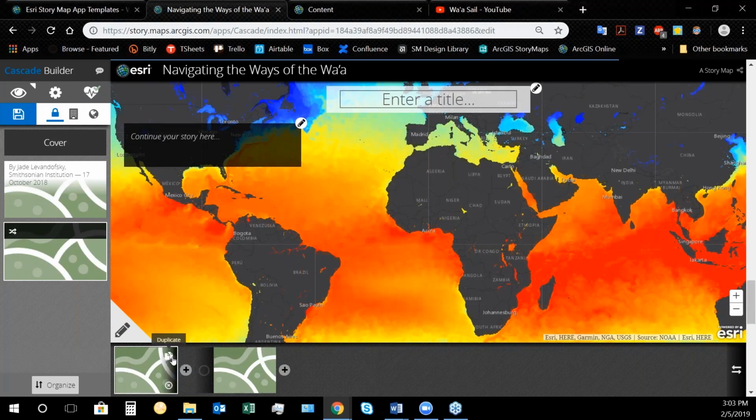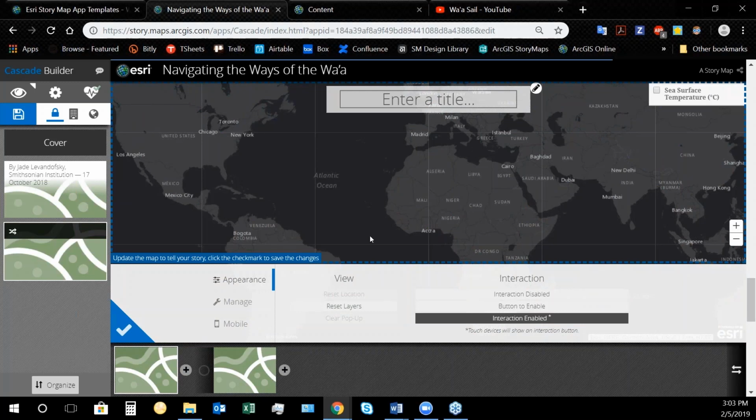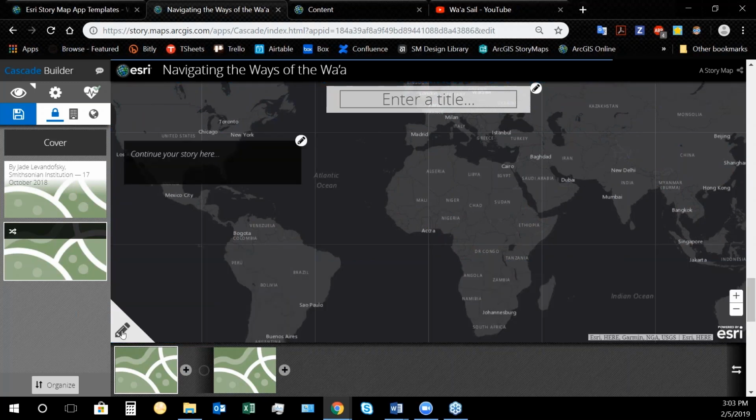Pretty easy. Now in this first map, I'm going to go in and edit it. And as you'll see, whenever I edit a map, I also have the option to toggle on and off the layers within that map. So for this first one, I'm going to turn off sea temperature and just show the standard base map.